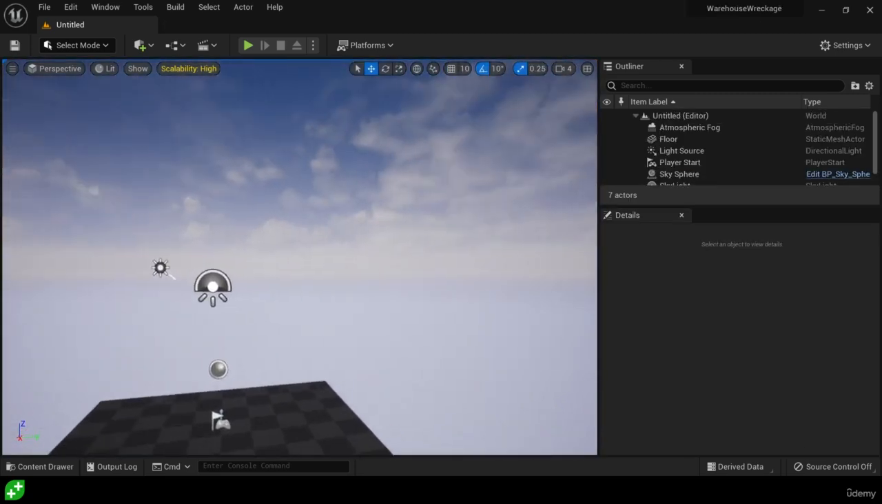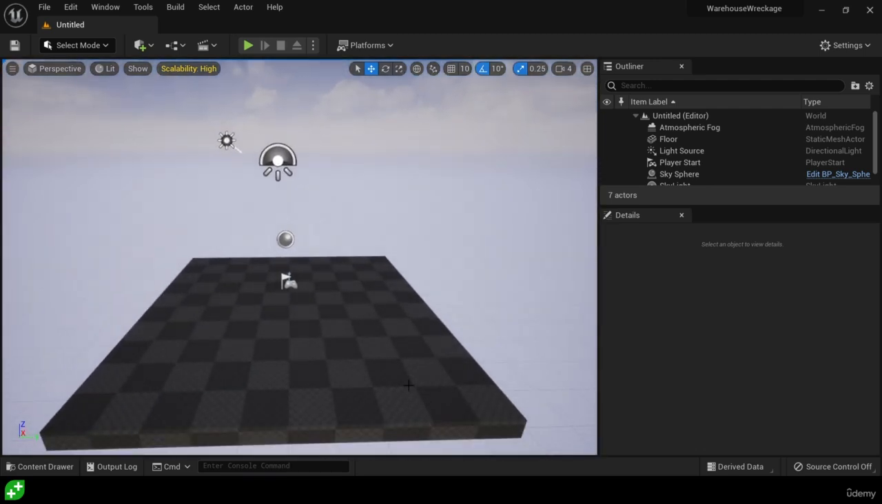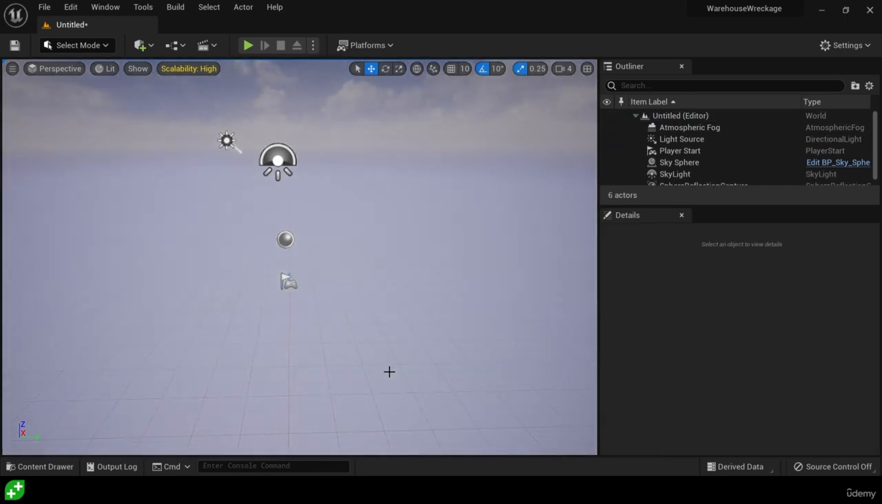And this gives us a little world with a nice sky sphere so that we've got clouds, and some of the default lighting in here is good too. So that's a good start. I'm going to delete the floor, because what we're going to be doing in this lecture is creating our own